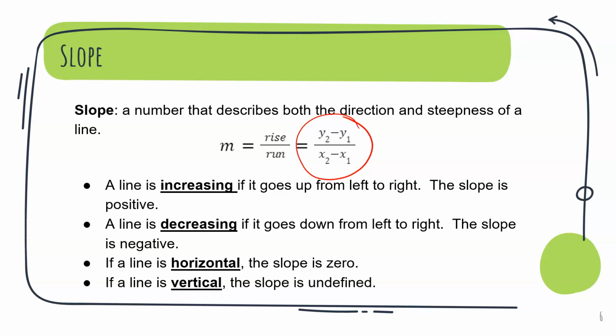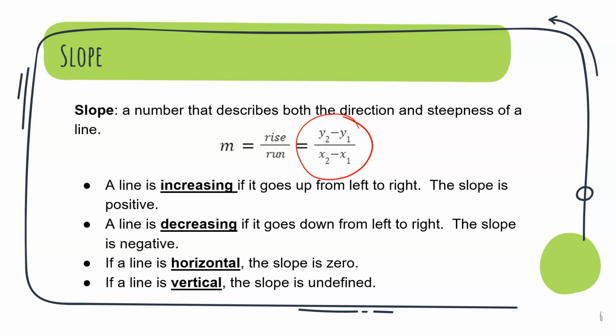We need 2 points. We're going to take the second y point and subtract the first y point and put that over the second x point minus the first x point. So whatever you get when you do the math there,